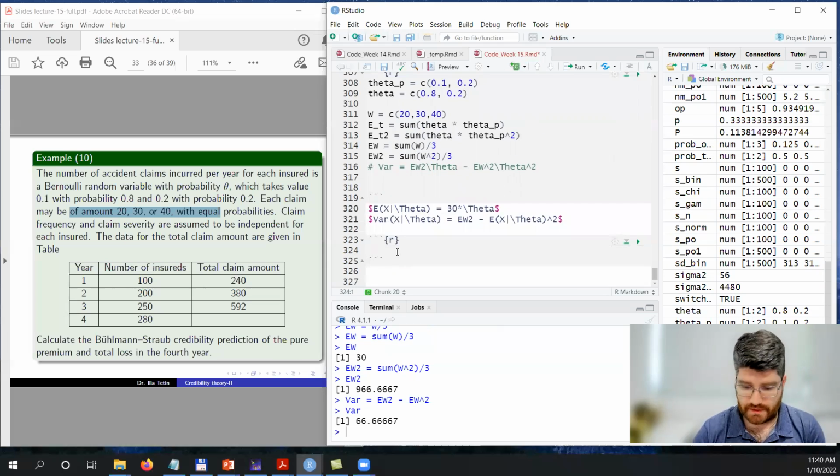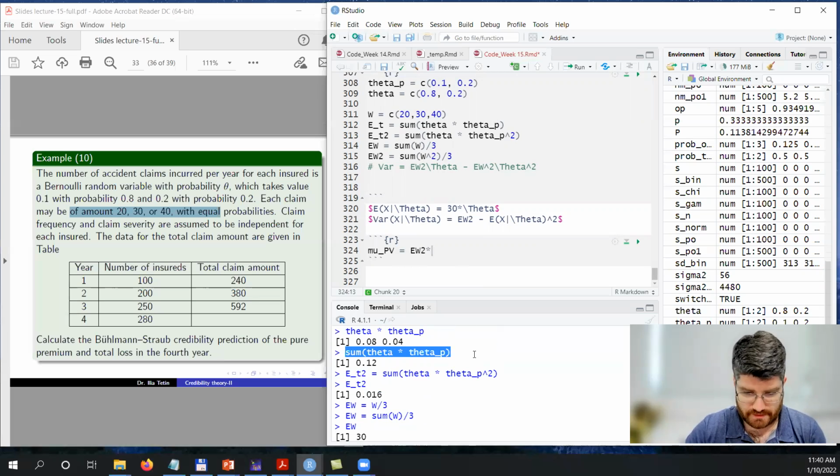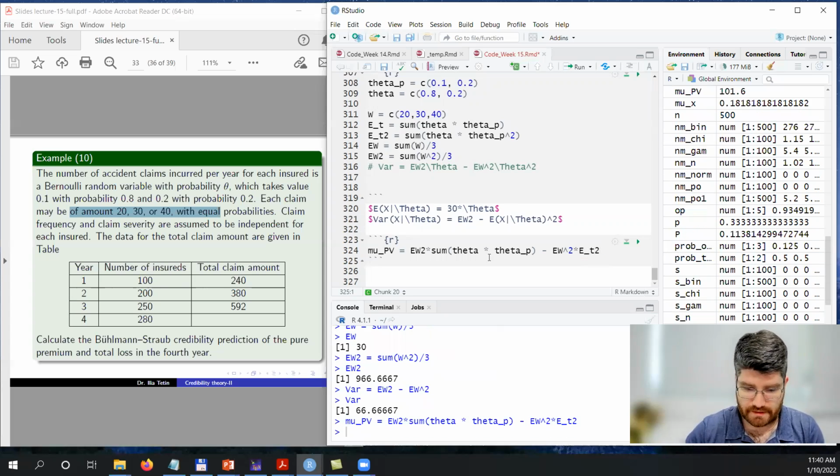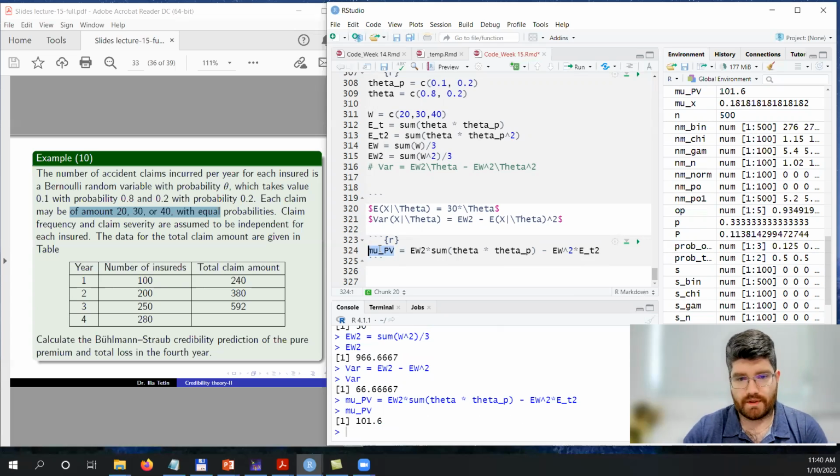To start with mu PV, it is 966, so it will be EW2 times what? Times this thing, 0.012 minus 900. This is the squared EW squared times ET squared, 82. Okay, this is mu PV, and mu PV is 101.6. Okay, then sigma squared HM,